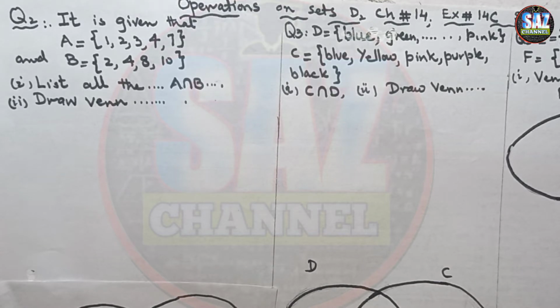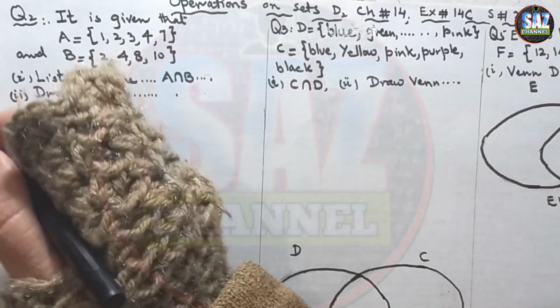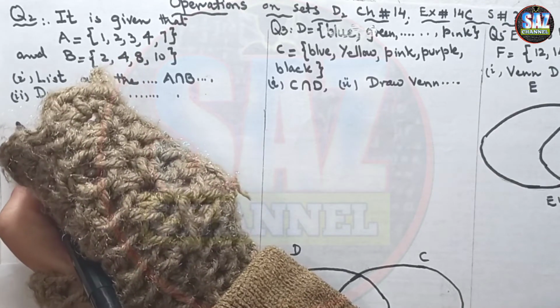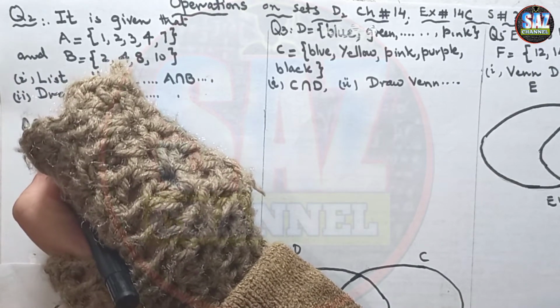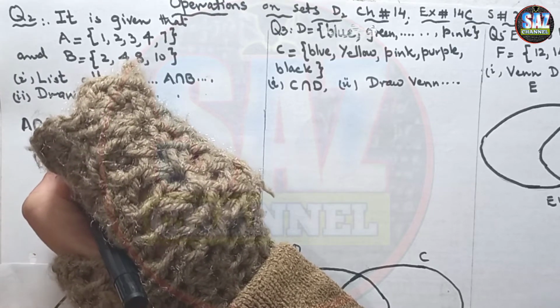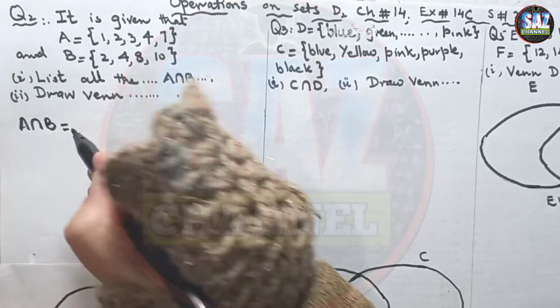Recall the concept of intersection, that intersection means the common elements only. For the lessons of mathematics, it's really important to integrate the lesson with the previous lesson for better understanding of the next lesson. So let's move to the solution of the question. For intersection, we have to write A, then the symbol of intersection, U upside down, and then B, the second set.